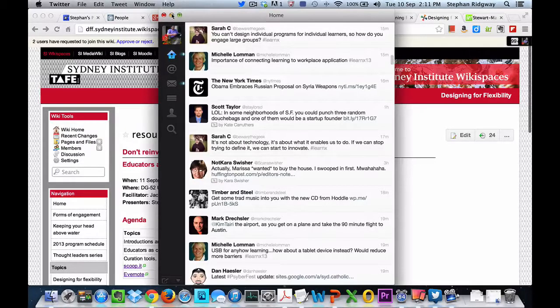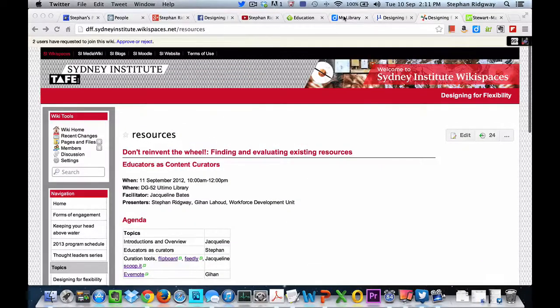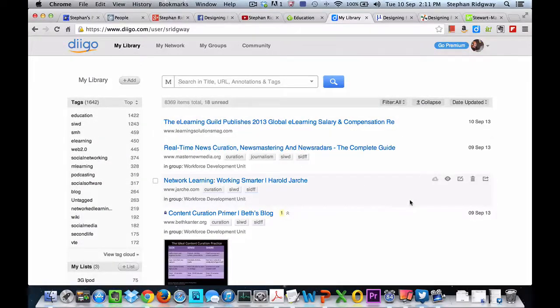So the other tool that I use really every day is a social bookmarking tool called Diigo, and I've been using this for many years. Probably I was using Delicious prior to Diigo, but I shifted over to this probably 5 years ago. But I had been using Delicious for 5 years. Now really, this is more of a repository tool, but it's a great way to be able to store websites